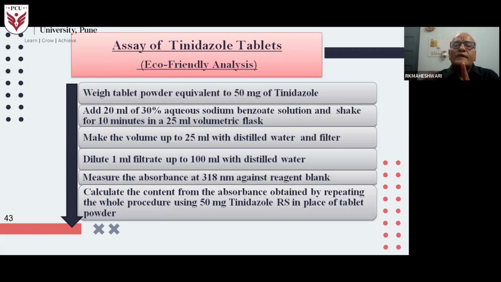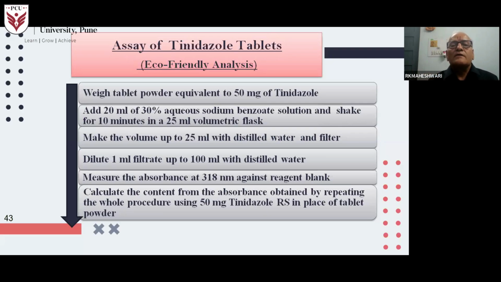So if you want to carry out some new work, always keep in mind that you select a drug which has at least one peak above 292 nm, so that you can utilize sodium benzoate as a hydrotrope. But anyway, so many things are there. Those who want to take more interest can contact me, and then I will tell you all these things. One more thing, let me tell, because the teachers are also there, they should understand